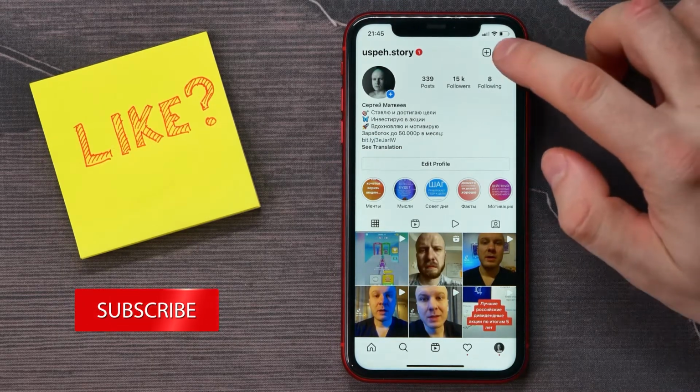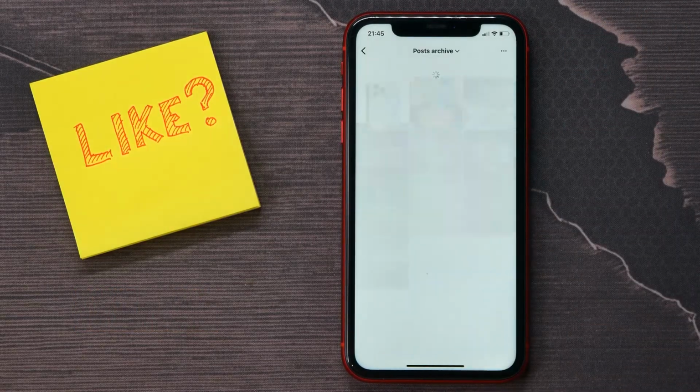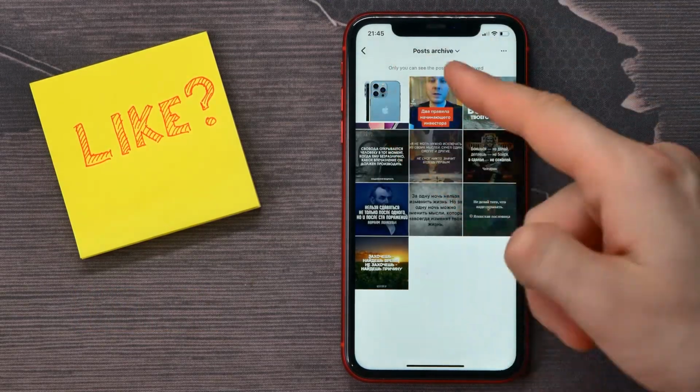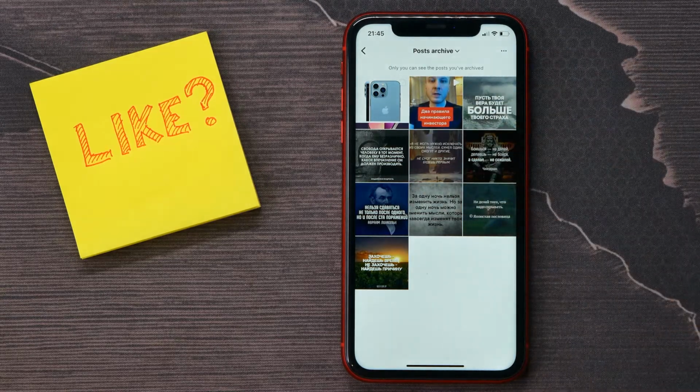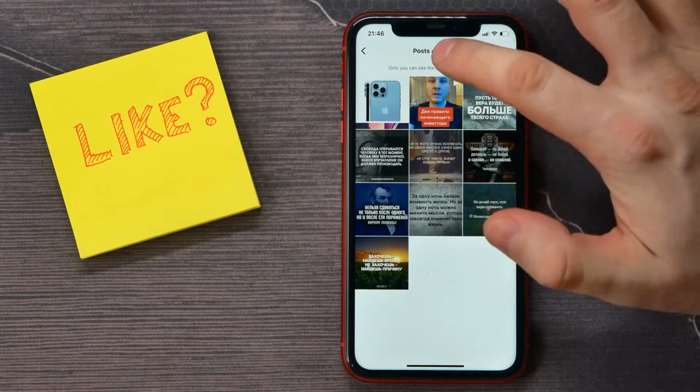To go to archive, tap on the three lines icon, tap on archive, and now here you see that post and all the posts that were archived. You can keep posts in archive as long as you want. The posts are not deleted automatically, so you can keep there some kind of private posts, or also you can